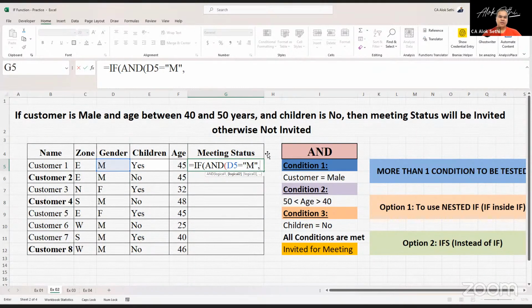अब दूसरा काम क्या करना है? दूसरा कंडीशन लिखेंगे। चिल्ड्रन चेक करने हैं कि है या नहीं है। मतलब नो चिल्ड्रन शुड बी देयर, बच्चे वाले को नहीं बुला रहे हैं हम। तो सेकंड कंडीशन होगी कि चिल्ड्रन को टेस्ट करो कि नो होने चाहिए। और तीसरा कंडीशन है कि एज शुड बी बिटवीन 40 and 50, चिल्ड्रन आर इन E5, तो E5 लेना है। एज F5 में आ रही है, तो F5 इज ग्रेटर देन 40, कॉमा F5 इज लेस देन 50।